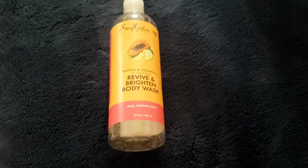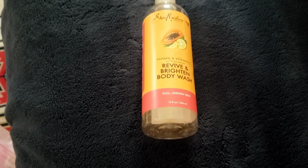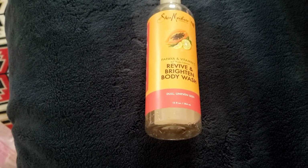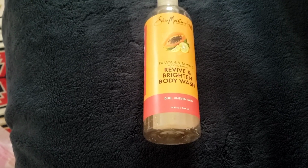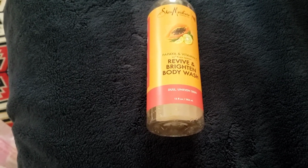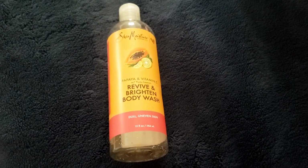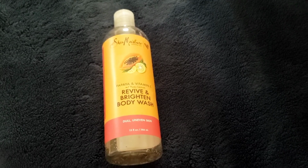My rosacea though, I did notice that if I gain a little bit of weight, my cheeks get more red. And when I am losing weight, and when I'm around the weight that I normally am for the most part, then I know my rosacea is not as bad. If you want, I can actually talk about that in a whole separate video. So that being said,